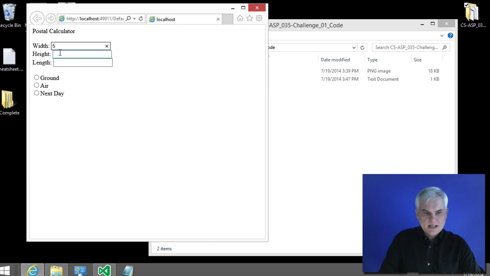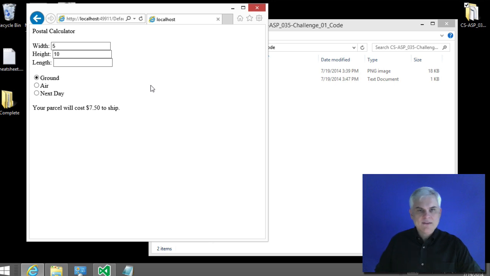I'm going to send in a package that's 5 wide and 10 inches tall, and then I'm going to choose a method, and when I have a minimum amount of information selected, it'll begin to give me a price. At this point I could add in that it's also 4 inches tall. It's like a small box, and now it costs even more, and I can change the amount by simply choosing the different